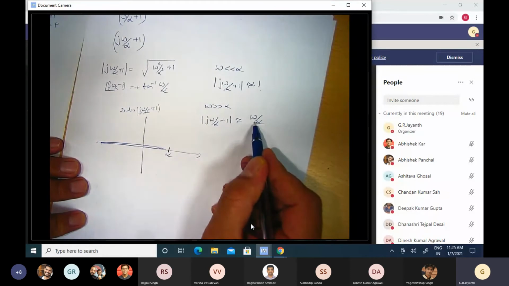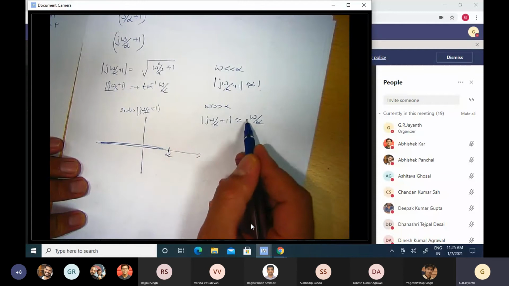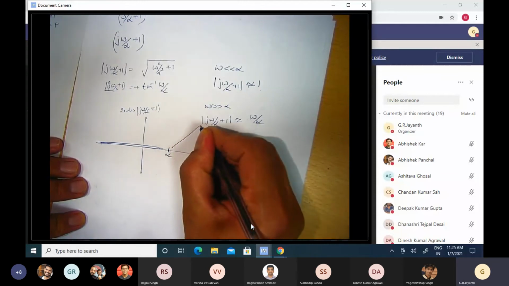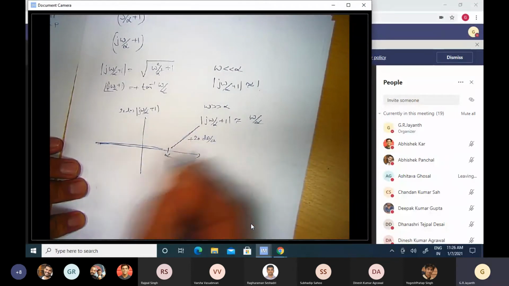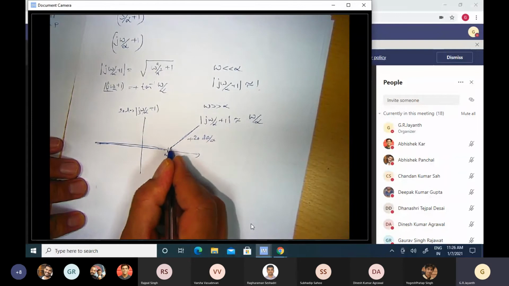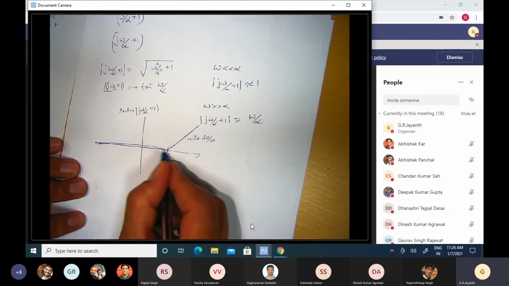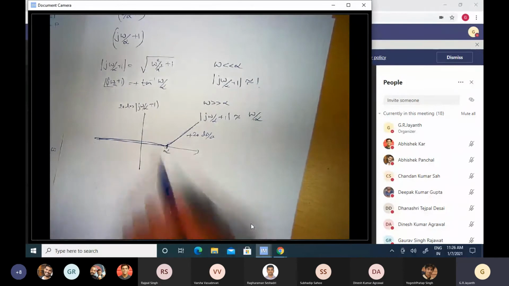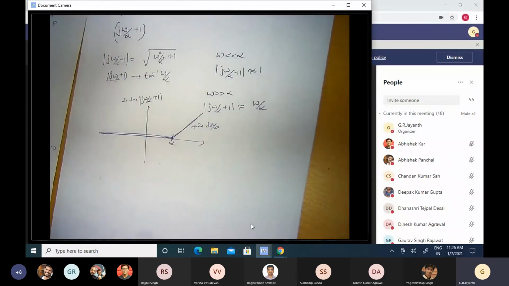Now for omega much greater than alpha, the gain increases at 20 dB per decade because it's proportional to omega. When I take the log of it, it goes as log of omega, right? So the slope increases at plus 20 dB per decade. And if I were to extend it, there is going to be some error in computation between this approximate straight line and the actual value. So these straight lines are called asymptotic Bode plots. Okay, but let me ignore that for the moment. Let us assume that this is the actual Bode plot of this particular term.